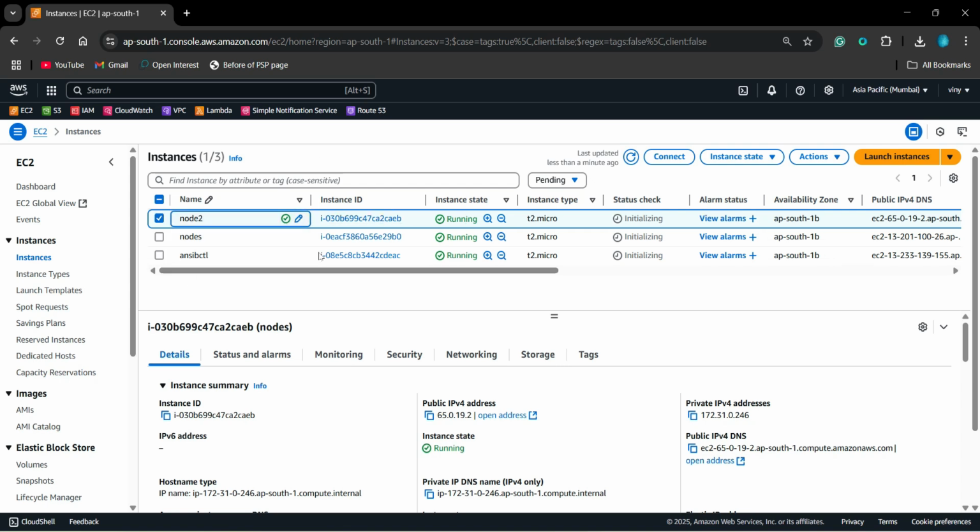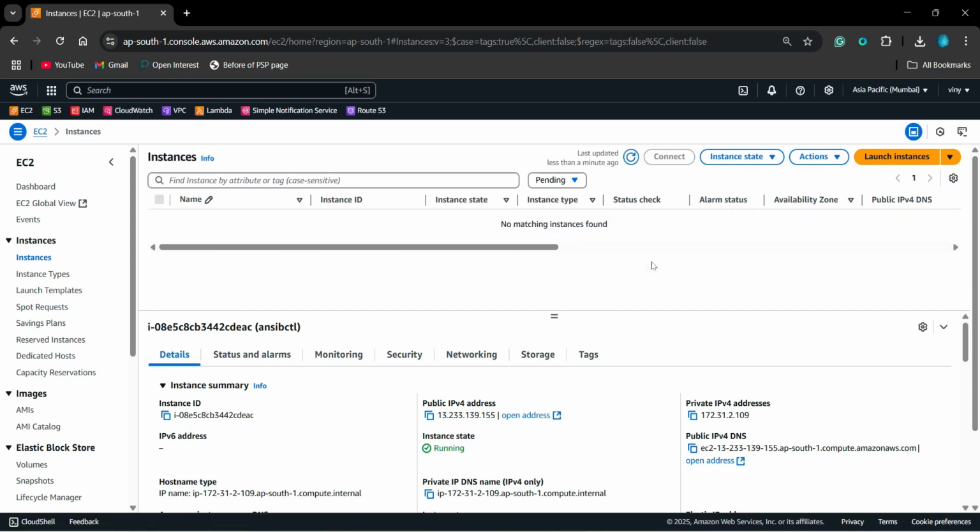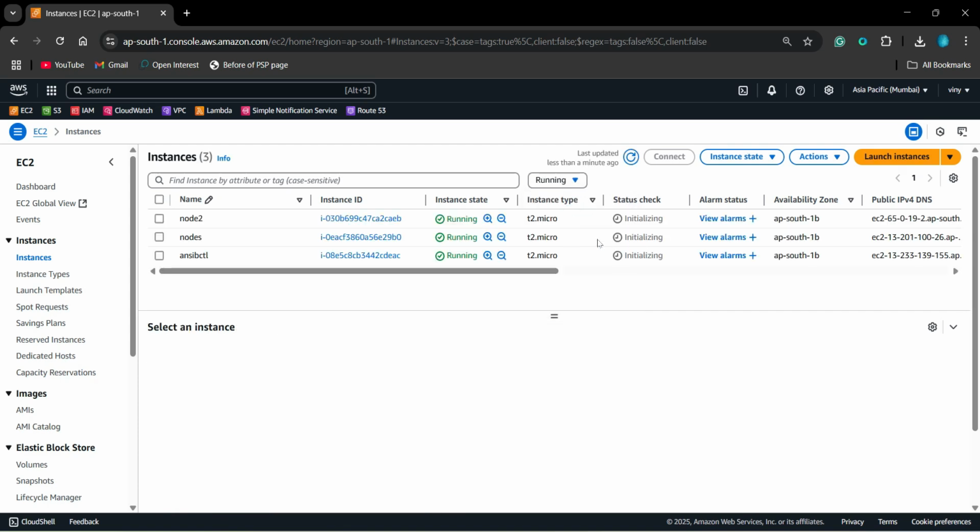Right now we have the same configuration everywhere, but now we are making this Ansible control after installing Ansible here. So let's wait for 2/2 checks. It's in running state. Initializing. Till then, let's see the next step.